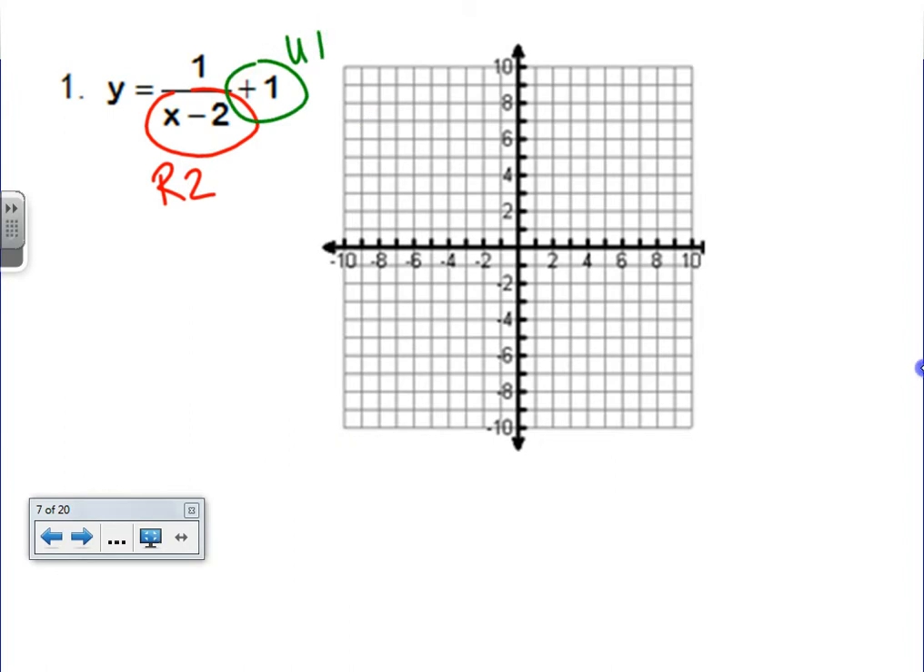So the next thing I want you to do is graph your horizontal and vertical asymptotes. So remember, your vertical asymptote is x equals whatever your h value was. So in our case, it's going to be x equals 2. And your horizontal asymptote is going to be y equals your k value, so y equals 1. And I'm going to graph in both of these asymptotes with highlighter of some sort,